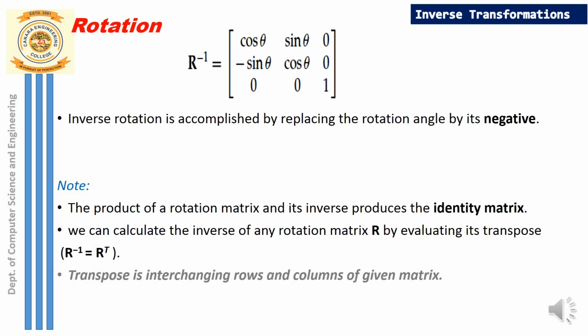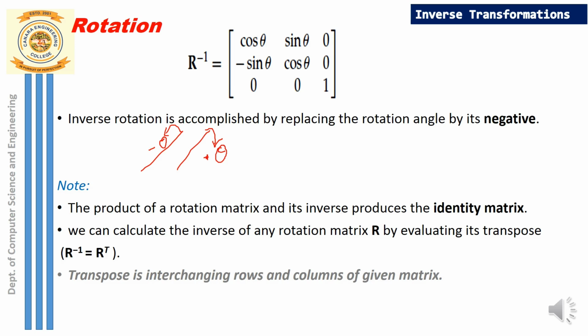Next we have the inverse rotation. So what is inverse rotation? I can rotate the object along the anti-clockwise direction, but if you want to rotate the object along the clockwise direction, you are supposed to change the rotation angle. So earlier if it was theta in the anti-clockwise direction, now in order to make it a clockwise direction rotation, you can consider it as,